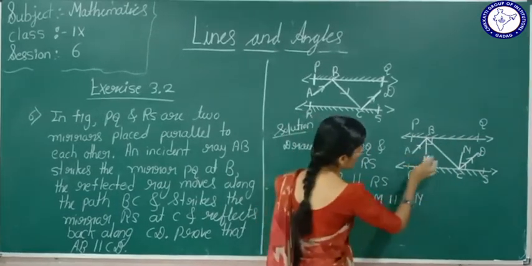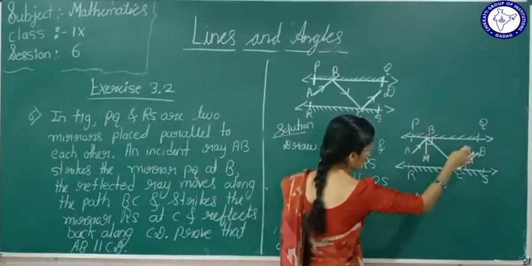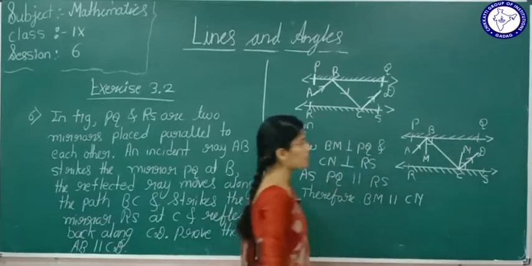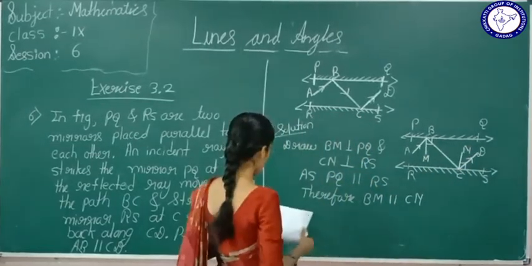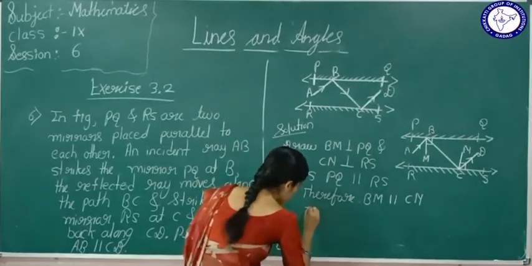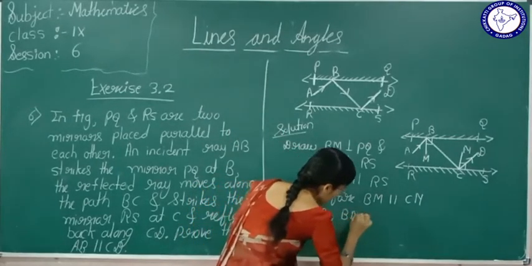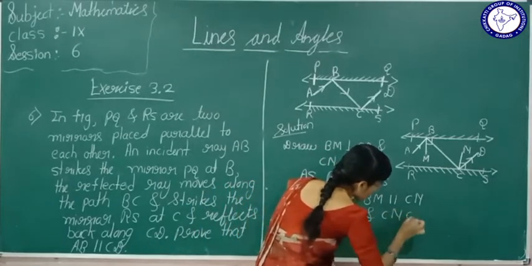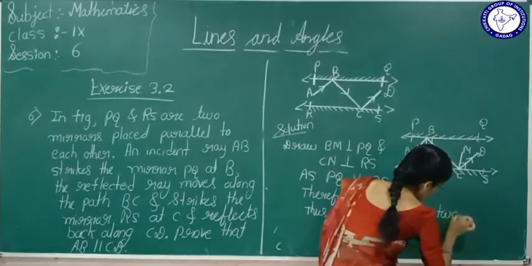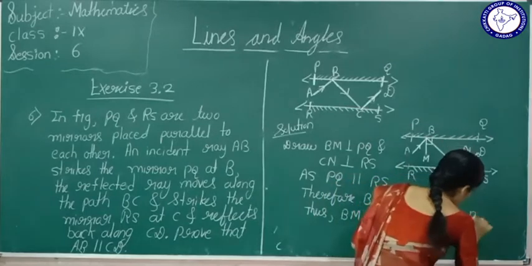Definitely BM and CN are going to be parallel here. Okay, thus BM and CN are two parallel lines,